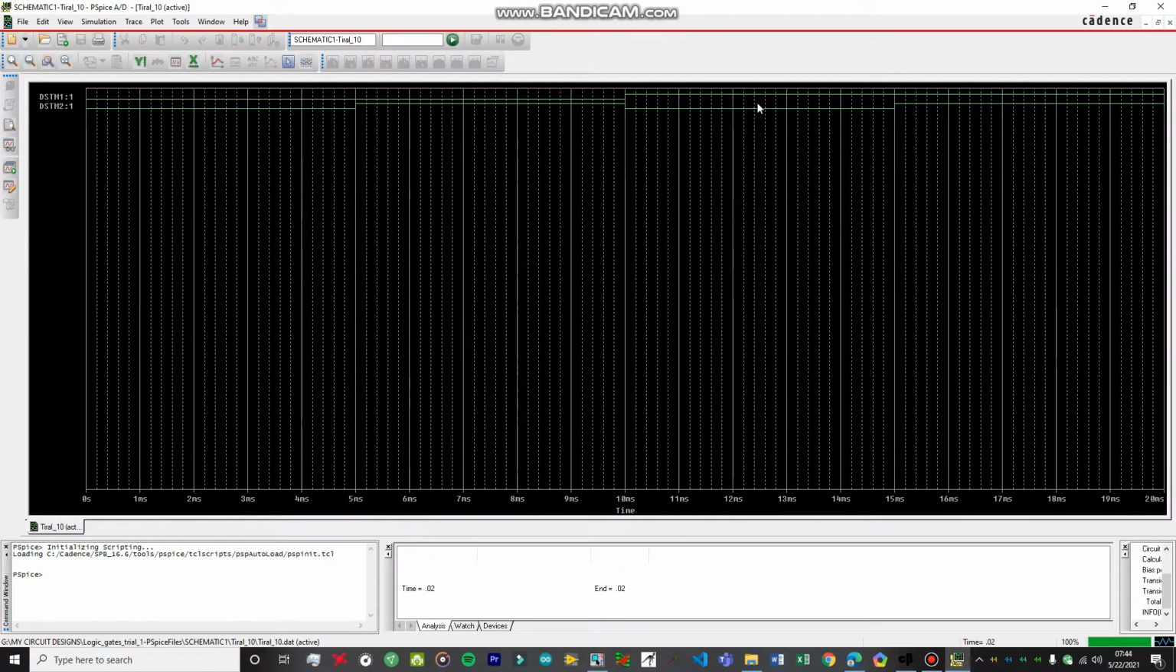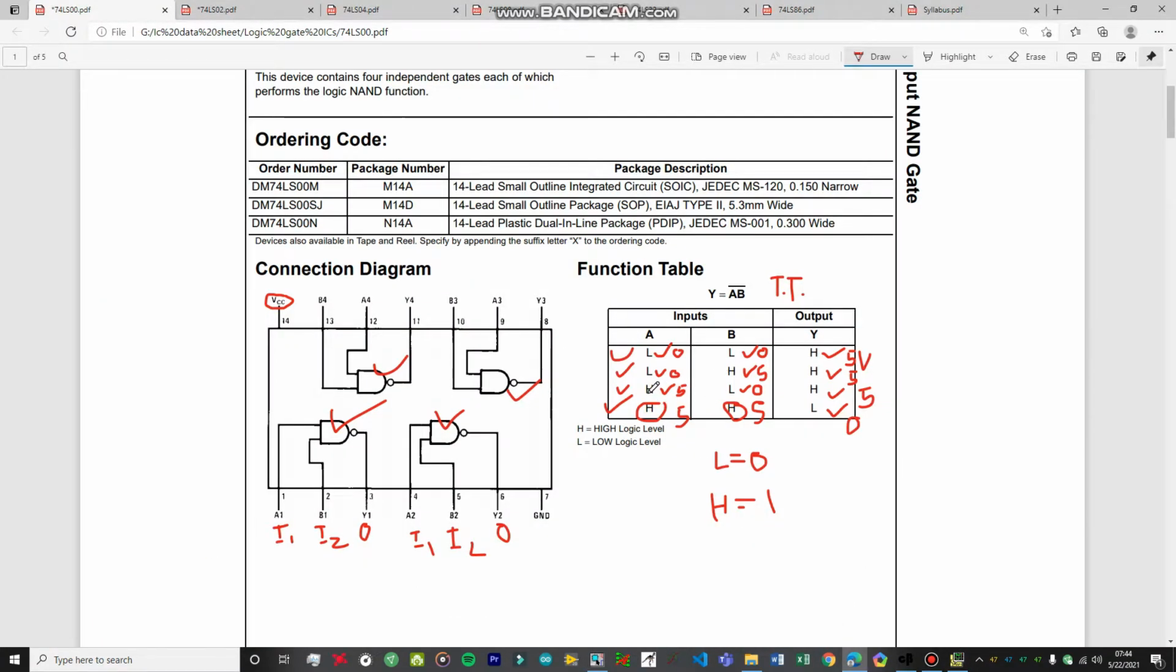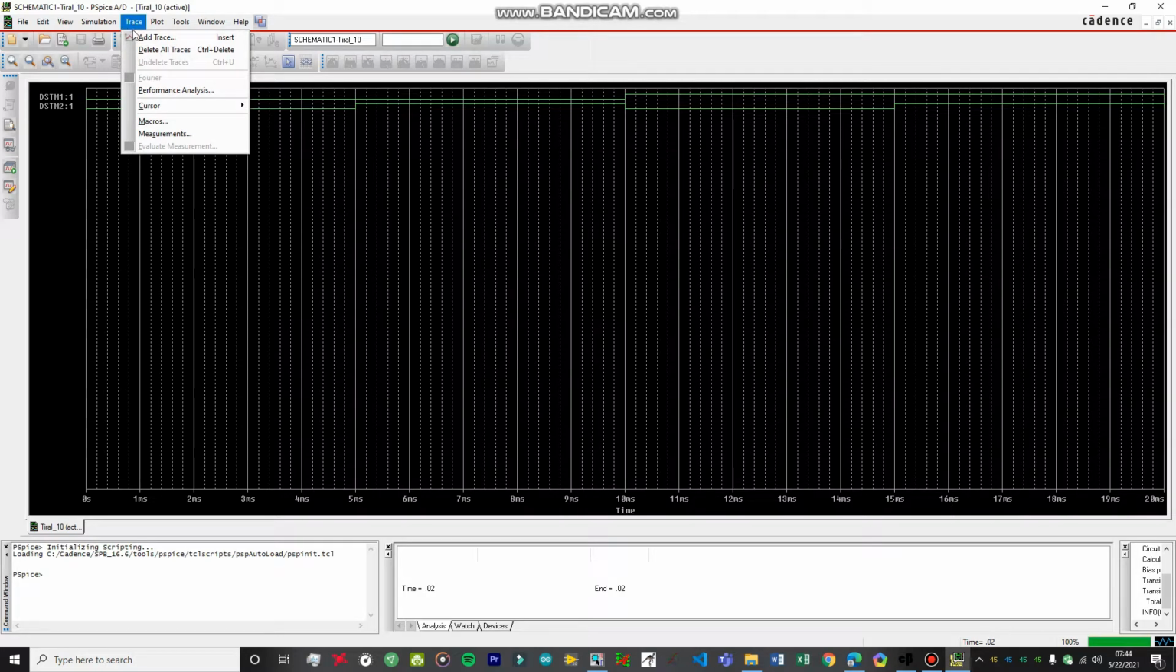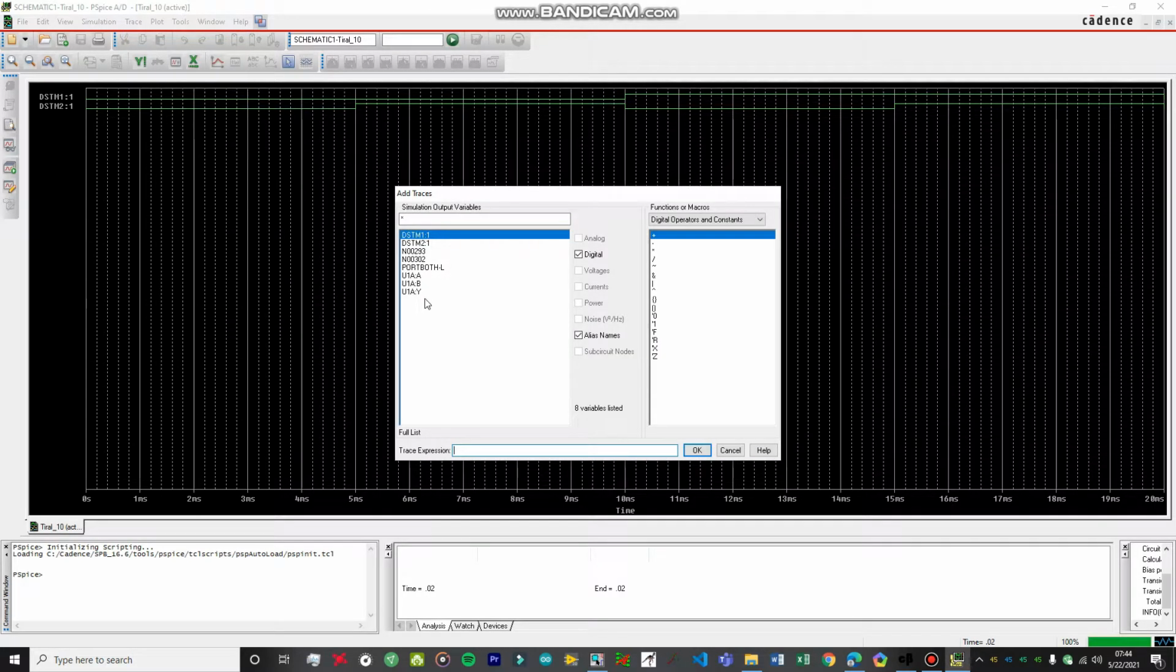So in this case we are getting the condition of high low and high high. You can see in the data sheet as well. So this is the high low and high high. All four parameters are getting tested by this method. Now let's add the trace for the output. So our output is